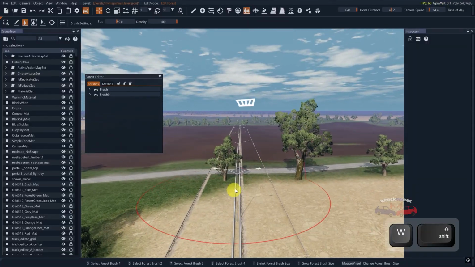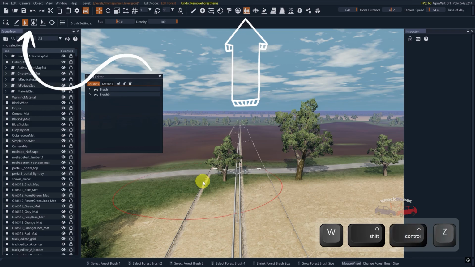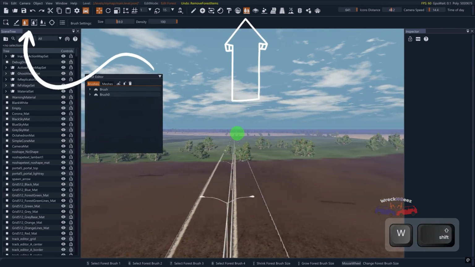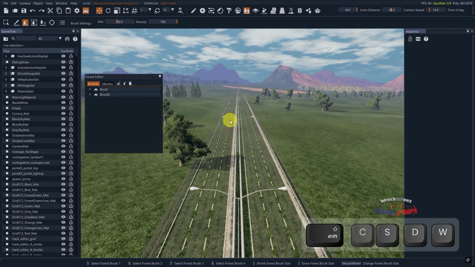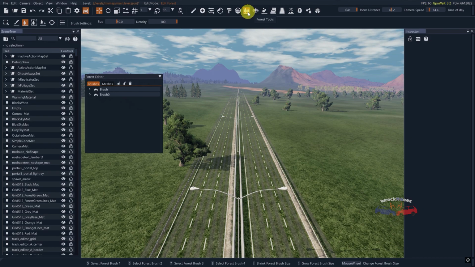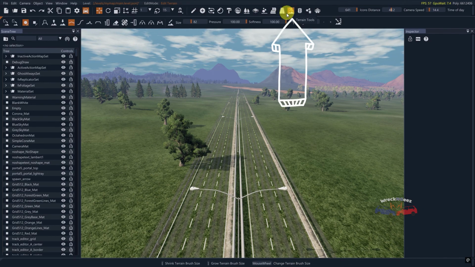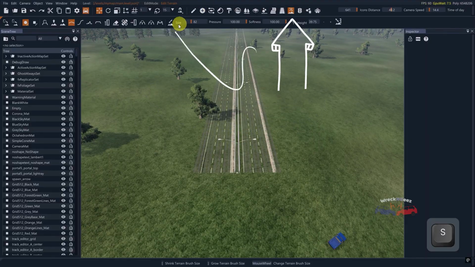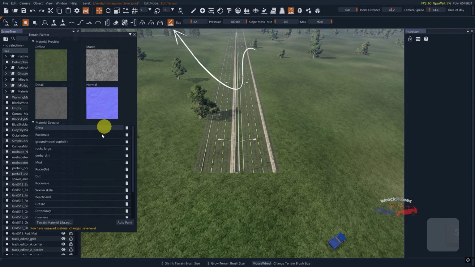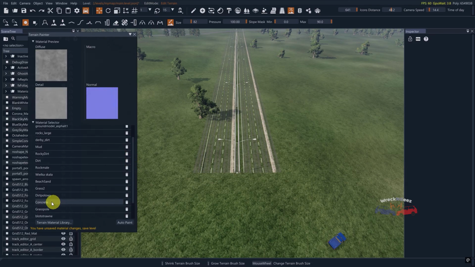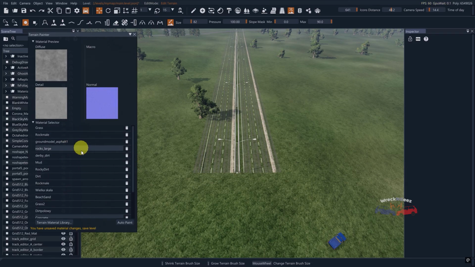And here, we need to remove every bush, every forest item, everything that is obstructing our road. After cleaning the road, we need to use the terrain tools and the terrain painter to paint the road material. You can choose any material that you want, but if you don't have it, you can add it from the other maps. If you want to do that, please first save your map in the render mode,